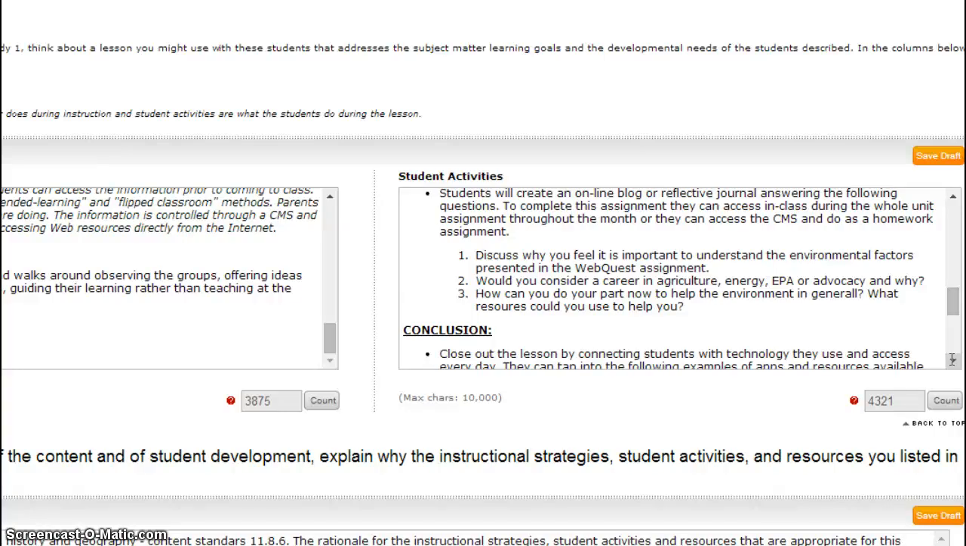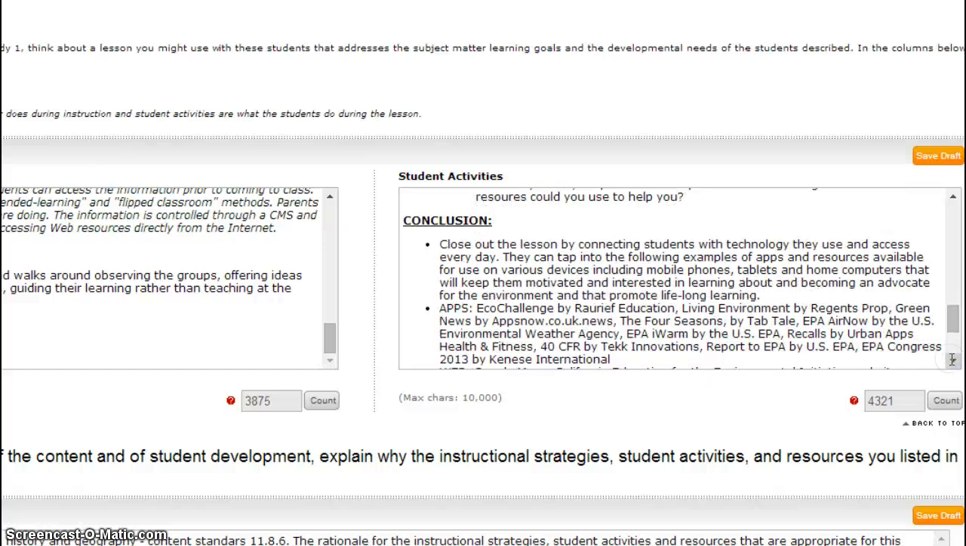Discuss why you feel it's important to understand the environmental factors presented in the WebQuest assignment. Would you consider a career in agriculture, energy, EPA, or advocacy, and why? How can you do your part now to help the environment in general? What resources could you use to help you? And in conclusion,